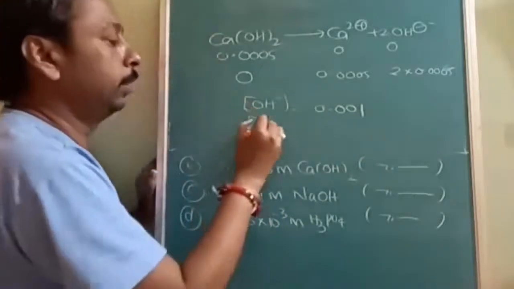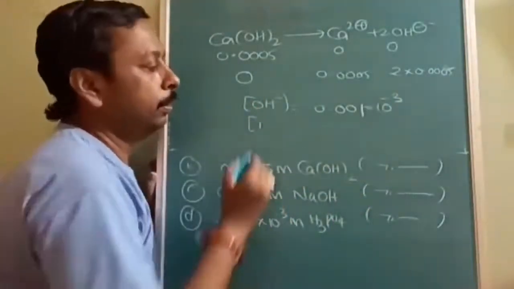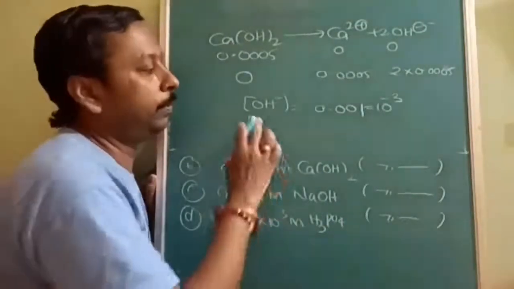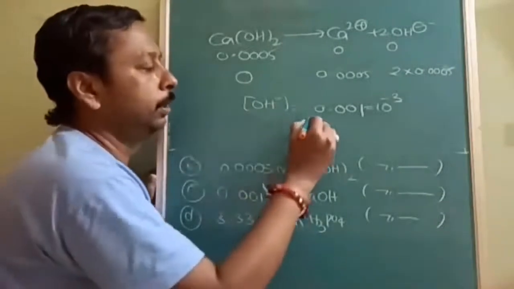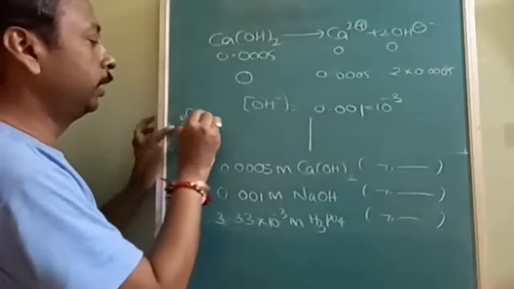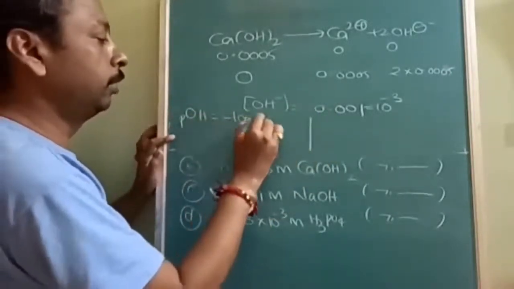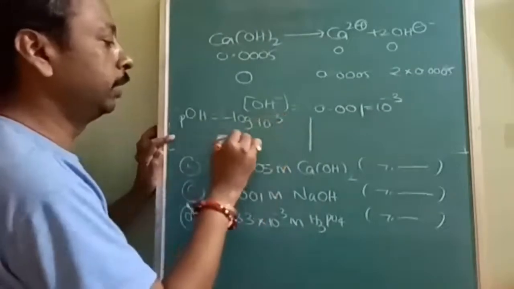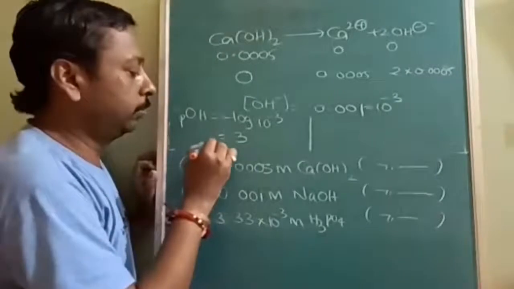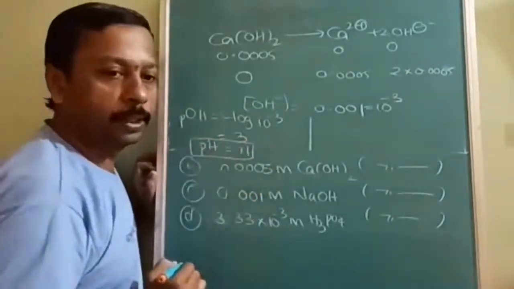Okay. Now this can be written as 10 to the power of minus 2. Now directly we cannot apply the pH formula. If we apply it, we will get pOH. Here I will tell you two procedures. First you can find out pOH. pOH is equal to negative log of 10 to the power of minus 2. You will get 2. So if pOH is equal to 2, pH will be how much? 12. First procedure, is it understood?